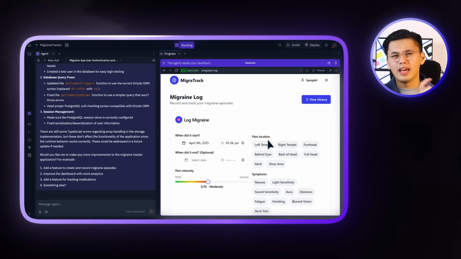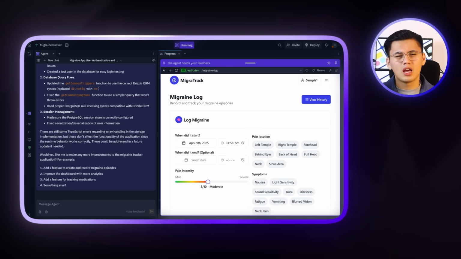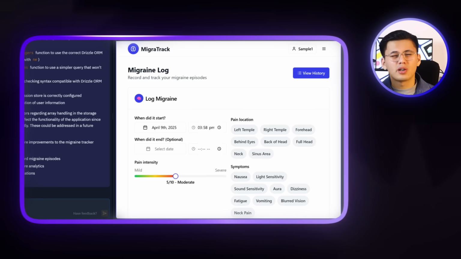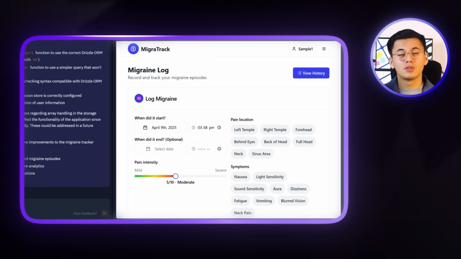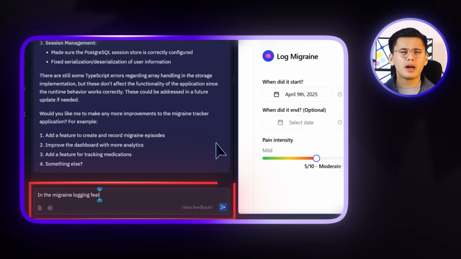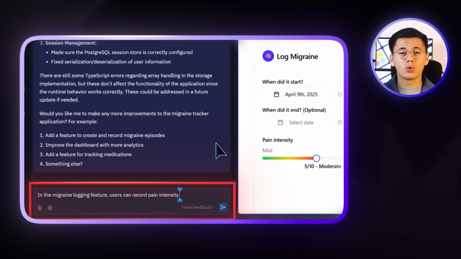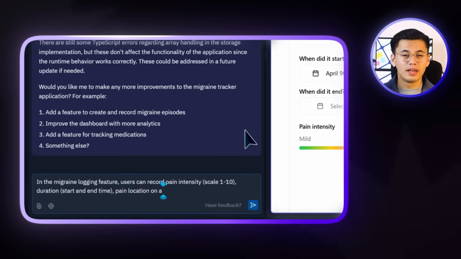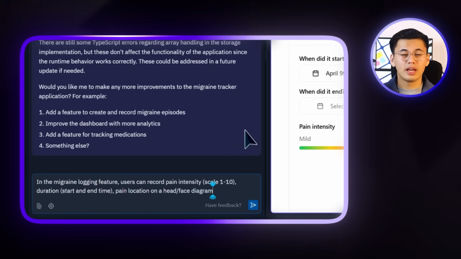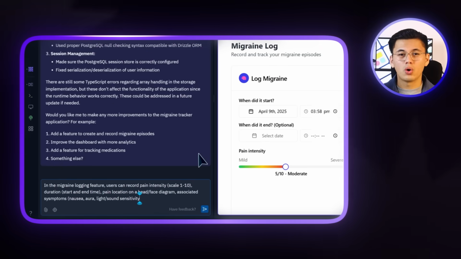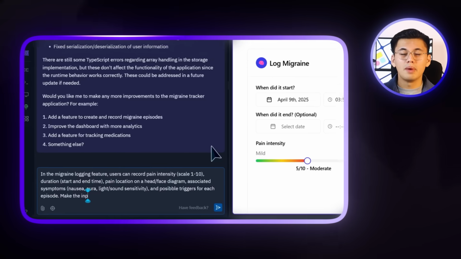I'll add the start and end times, set the pain intensity, and right away we hit the snag. The pain, location, and symptom sections aren't responsive. Nothing selects. To fix that, I'll head over to Replit Agent and enter this prompt. In the migraine logging feature, users can record pain intensity, scale 1 to 10, duration, start and end time, pain location on a head/face diagram, associated symptoms, nausea, aura, light and sound sensitivity, and possible triggers for each episode. Make the input form